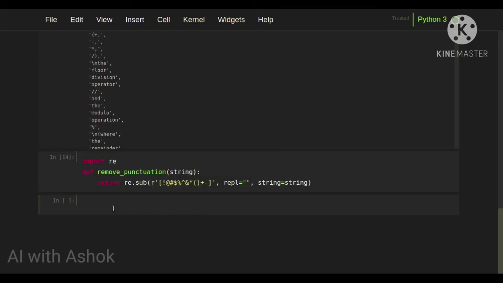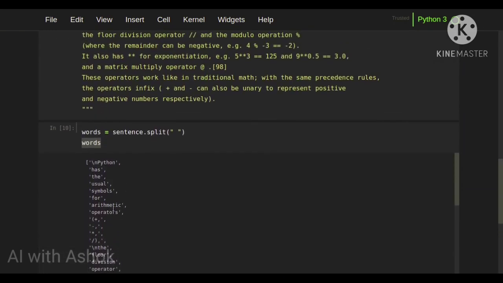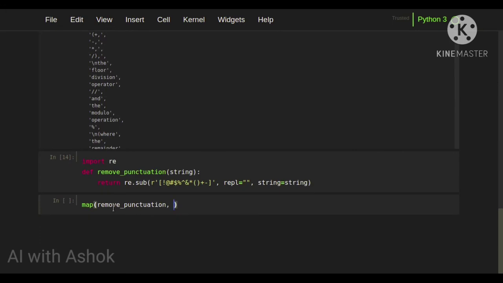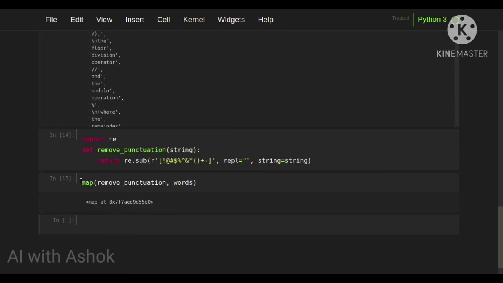So this is my function, and now we are going to map it to the list of iterables. So map remove punctuation over the list of iterables, those are words. Now we have the map object, but we need a list in order to see those words.